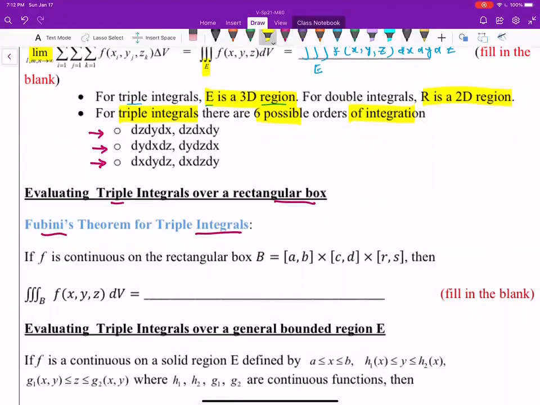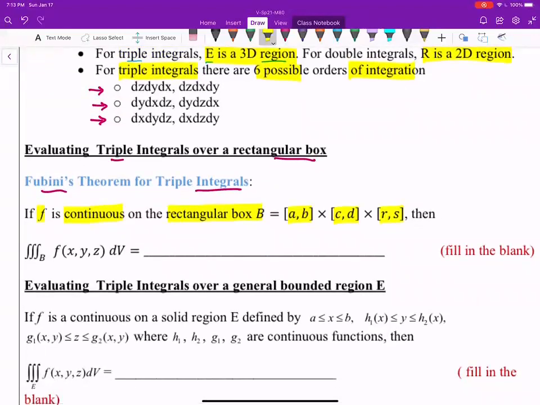If f is continuous on a rectangular box B, which has dimensions x varying from a to b, y varying from c to d, z varying from r to s, then the triple integral over the box B, f of x y z dV, can be written as